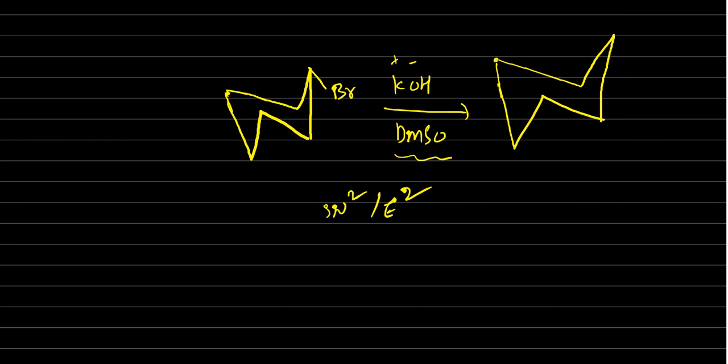DMSO favors SN2. So wherever bromine is there, the opposite form,